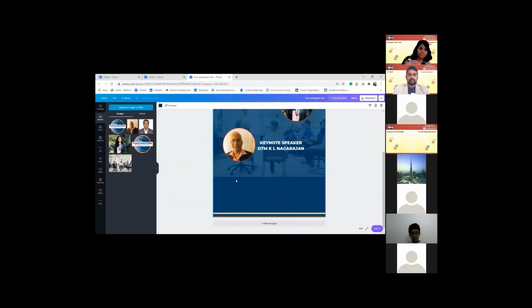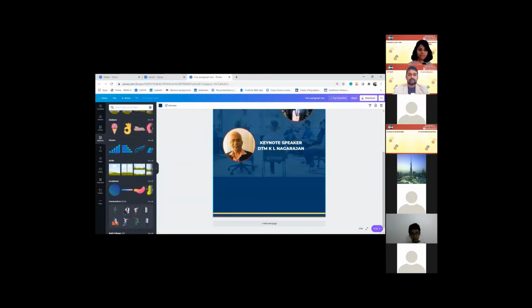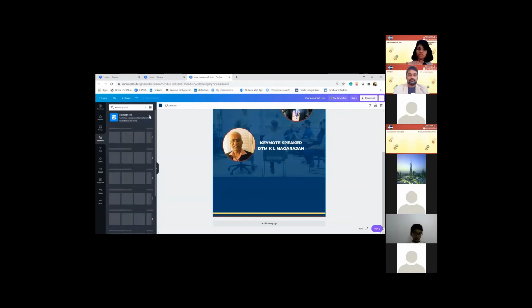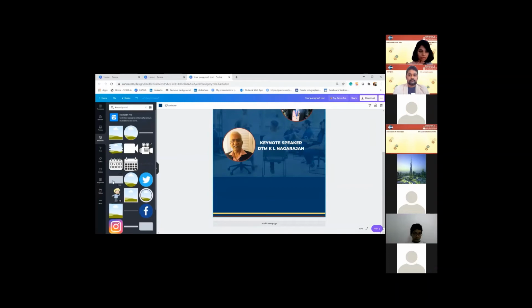Let's use another feature from elements. I'm using maximum out of elements so that it makes your poster look really nice. So I'm going to take one of these features. So this is from elements. I just bring it here. How do I increase the size? You have a center icon here. Just drag it to the corner. Once you drag it to the corner, it covers the entire poster.